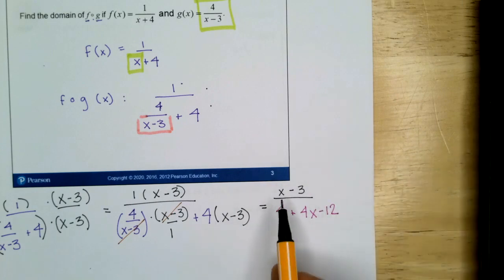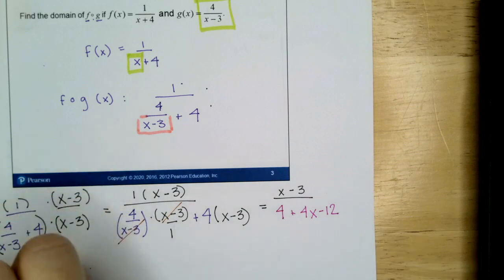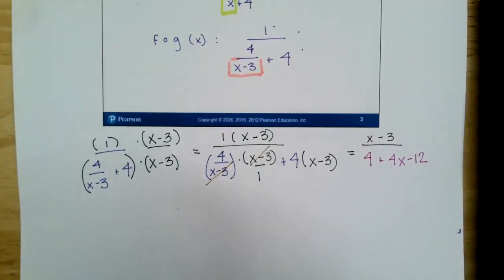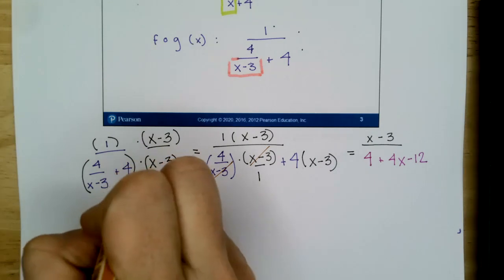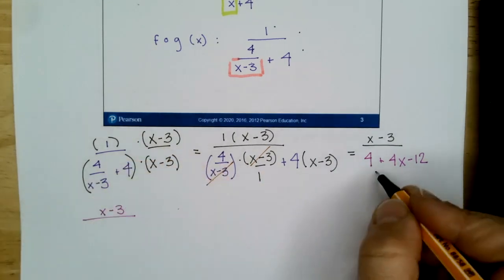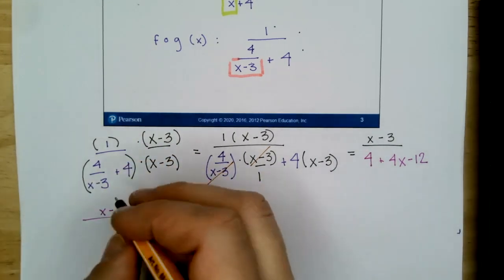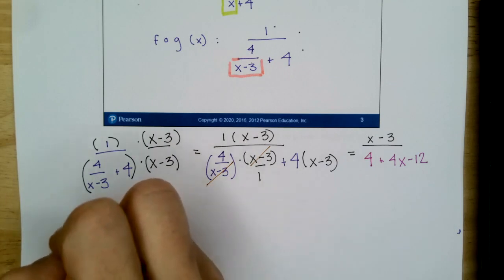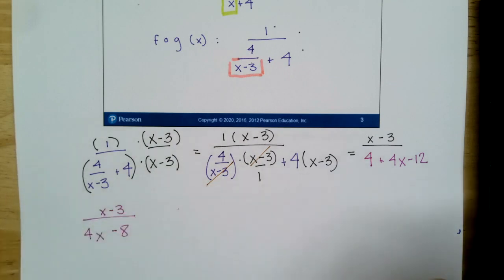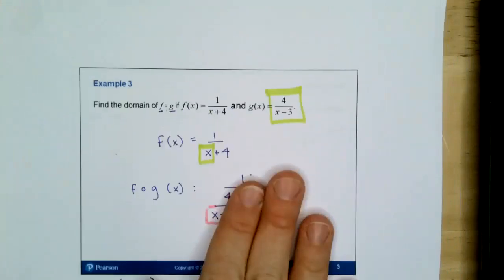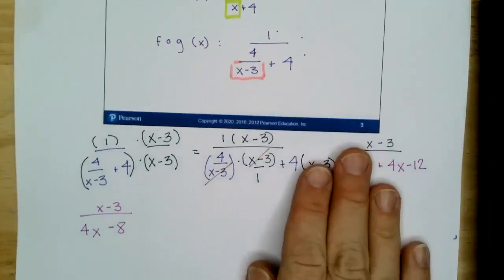Good. So now we have x minus 3 divided by 4 plus 4x minus 12. You can simplify that further. 4 minus 12 is going to be a negative 8 and a 4x in front of it. x minus 3 divided by 4x minus 8 is as simple as we can make f of g of x,